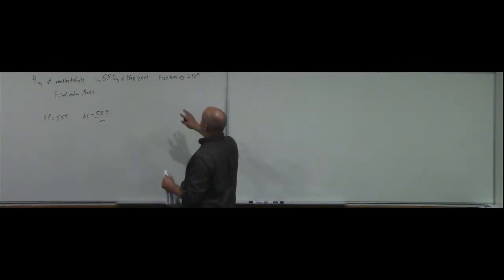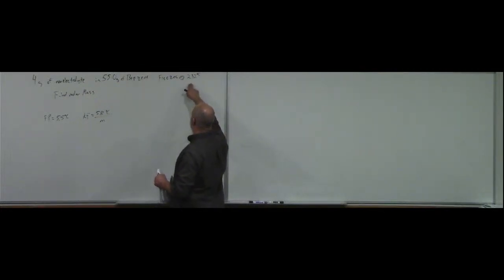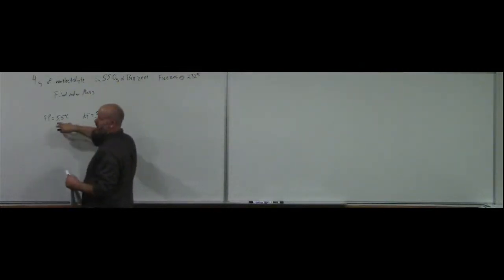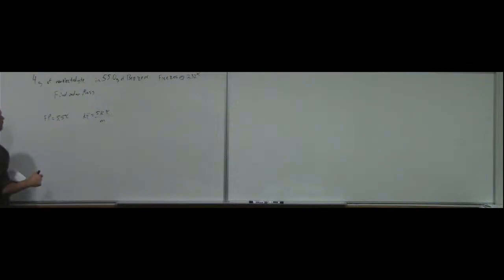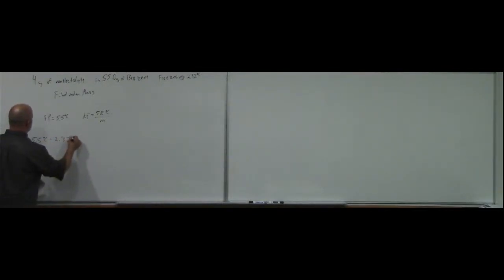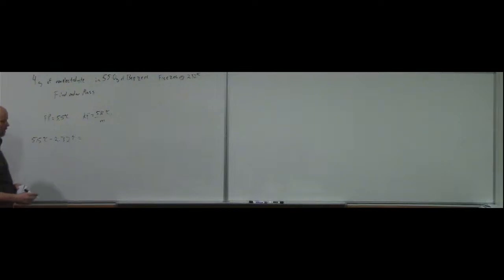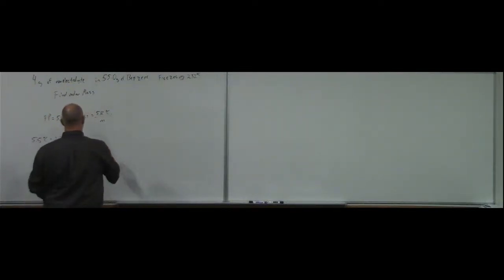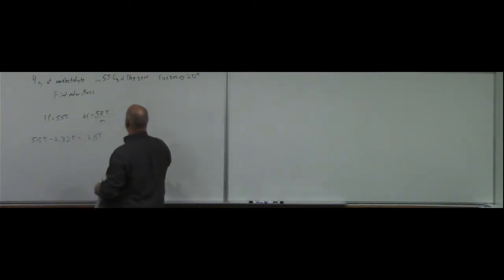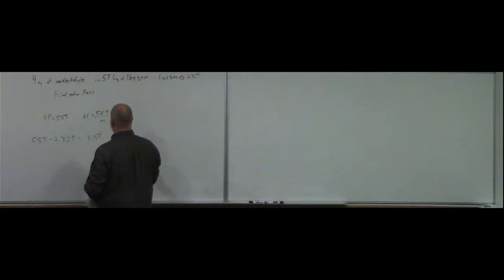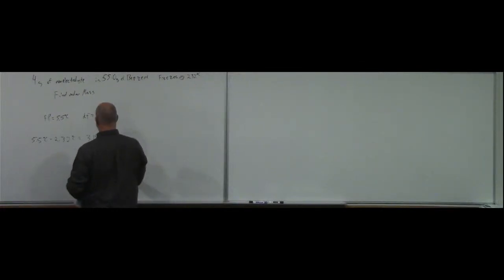So I know that my new freezing point is 2.32. It should have been 5.5. I want to see how much it depressed, so I take 5.5 degrees centigrade minus 2.32 degrees centigrade, and I get 3.18 degrees centigrade. So my delta T, my freezing point depression, which is my 3.18 degrees centigrade, right,